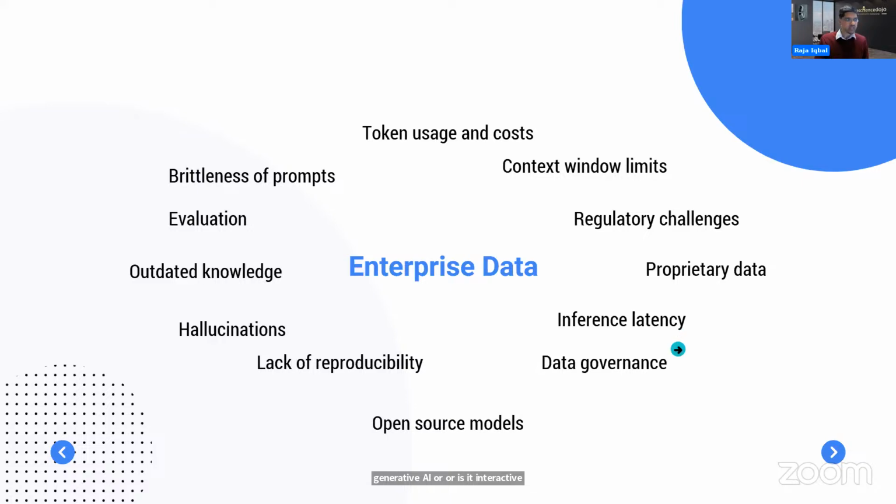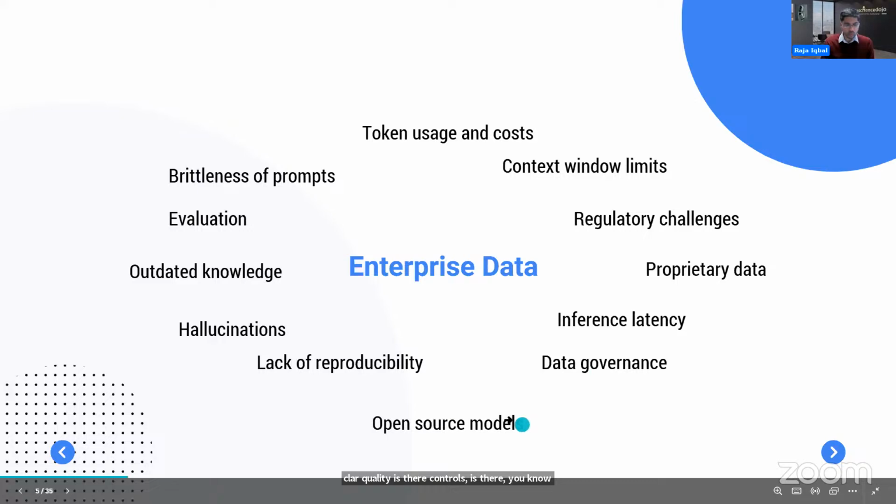Data governance, and let's call it data and AI governance. How do you take care of the general governance and also the quality aspect of it? Data governance is actually a very broad term. Quality is there, access controls and availability, and all of that. So how do you handle AI governance, whether using an open source or closed source model?